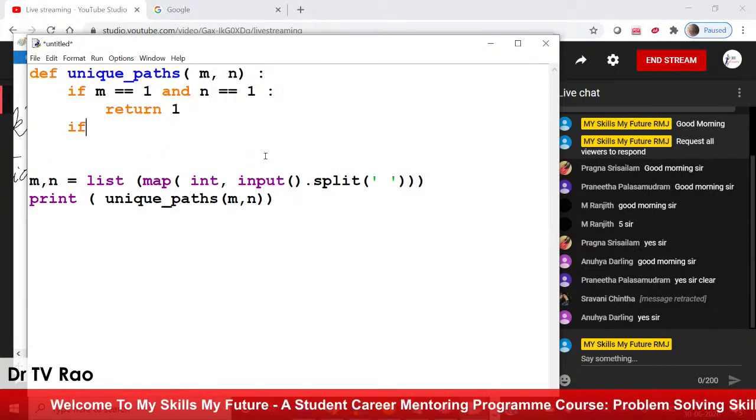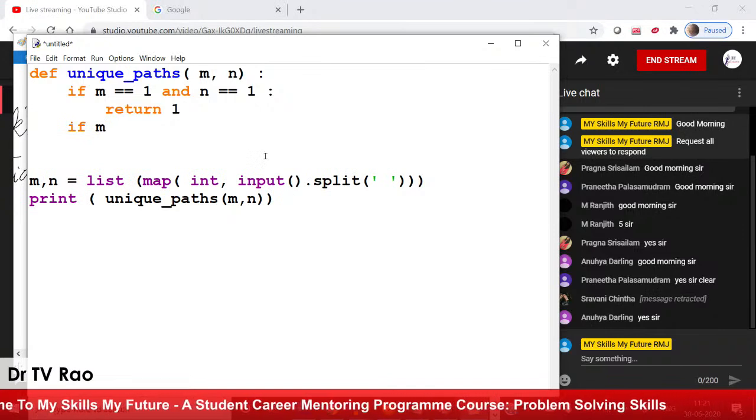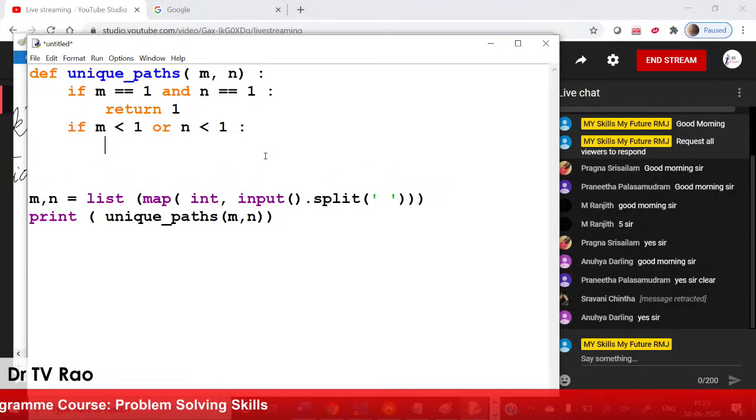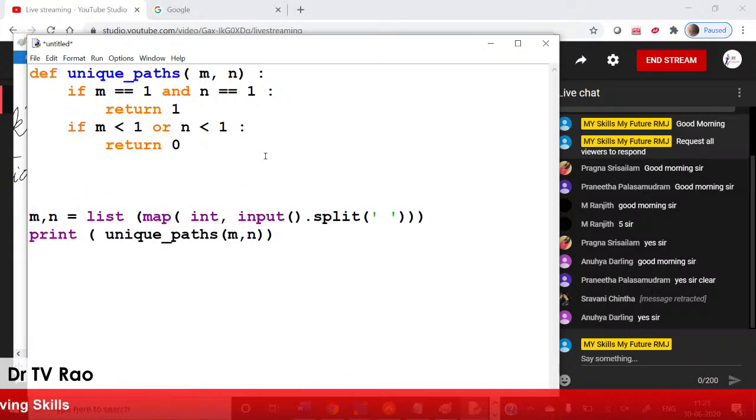Now boundary condition. If m is less than 1 or n is less than 1, there is no path. Okay. Otherwise,